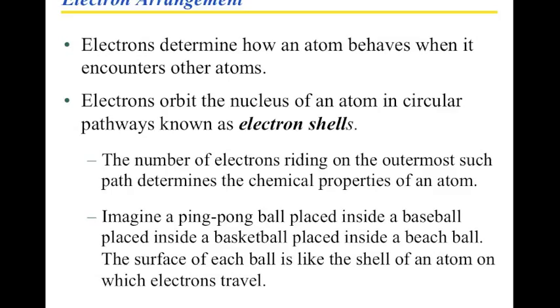And so we can accommodate quite a few electrons, and this atom will be held together by these electrons and by these multiple layers of electrons, and so that way everything stays together. Now each of the balls represents this shell on which the electrons can travel. Now let's take a closer look at how this might work.